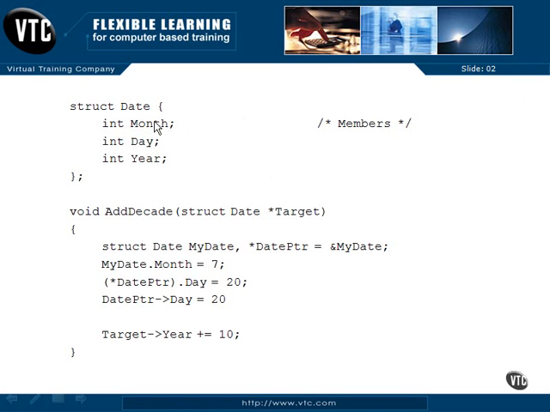When you have a structure like this with the month, day, and year, these ints will be right next to each other. And the alignment and the byte boundaries are what's important. If you come along and you slip a character into here that's only 1 byte, your compiler may realign things and have a character in here and then a blank of nothing and align the next integer on an even byte boundary. It's important to put all your characters together, and then sometimes, depending on the compiler again,